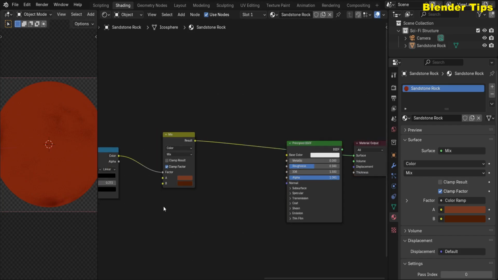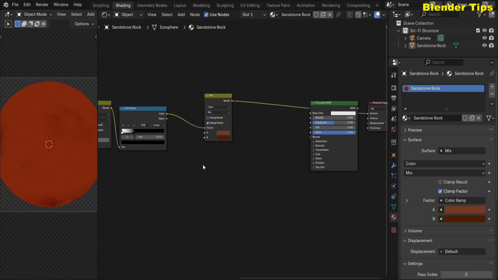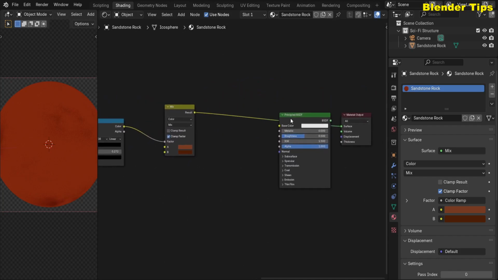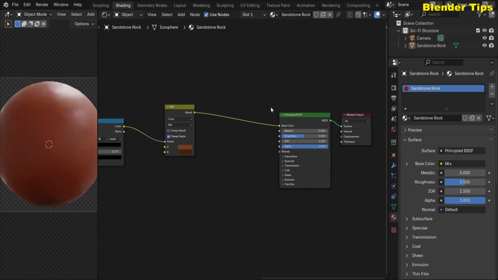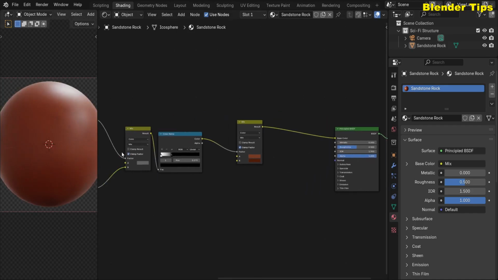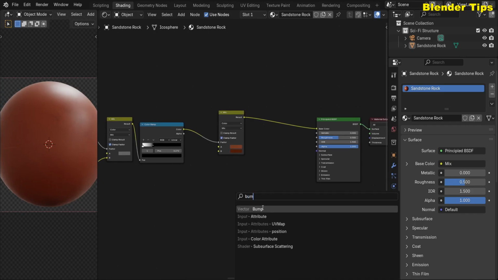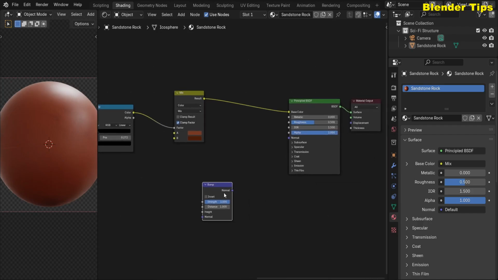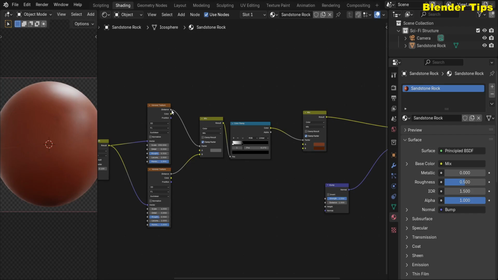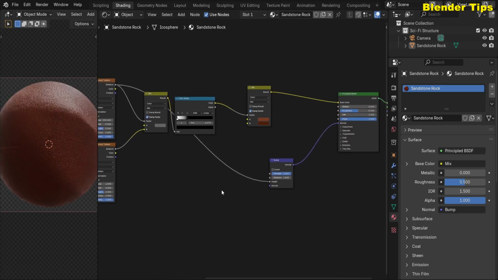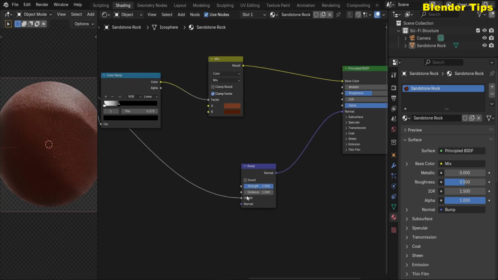Now I add some bump nodes to see the material clearly. So first I put this into the base color, and here you can see the changings, and here I search for the bump node, and place it here, and put this into the normal, and here I use this value into the height of the bump, and here you can see the changings, and here I reduce this strength